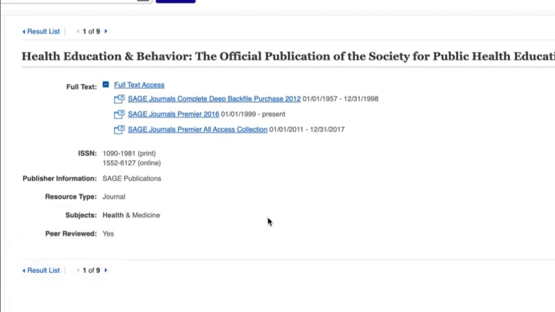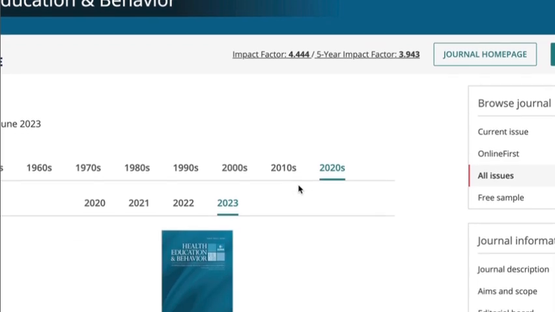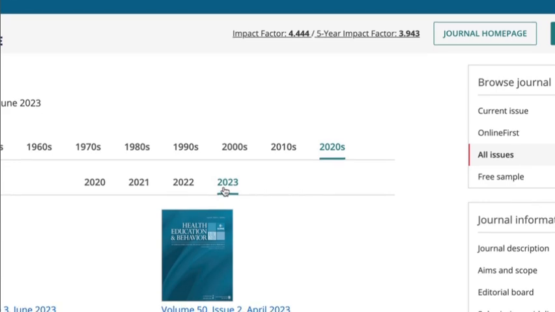The next thing I need to know is, what is the scope of access for this journal? We provide 3 different ways to access this journal. Naturally, you want to pick the one that provides you with the broadest range of dates for access. So in this case, that will be Sage Journals Premier. And when we click on that, we're taken directly to the home page of the journal, and we can select